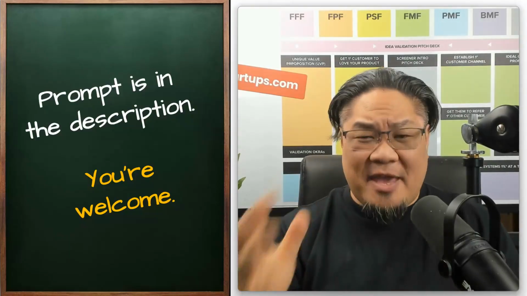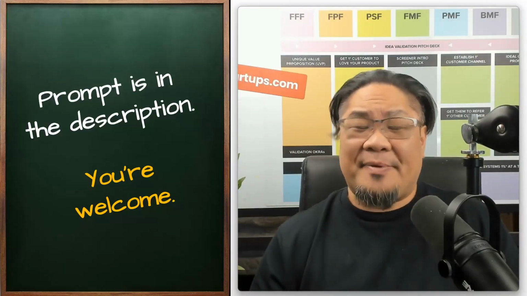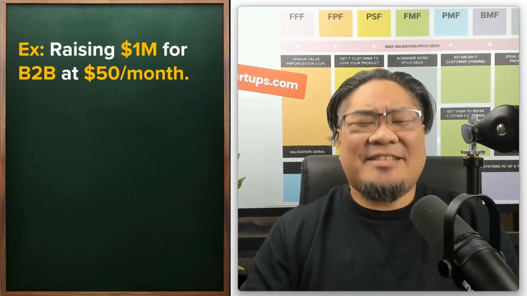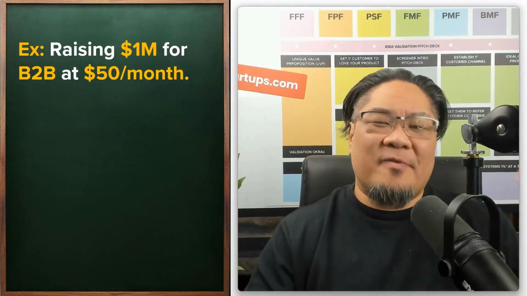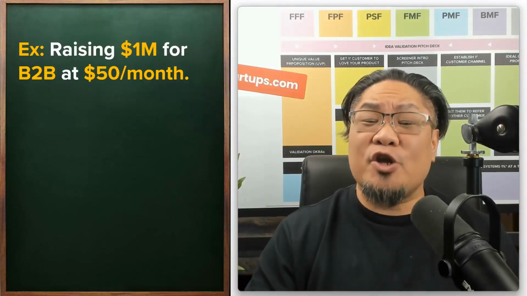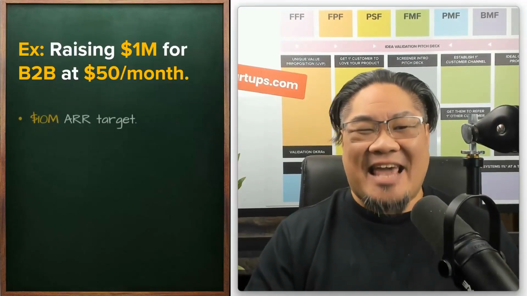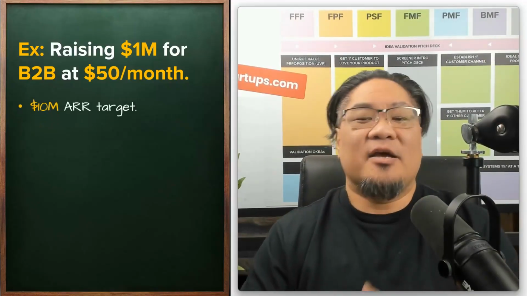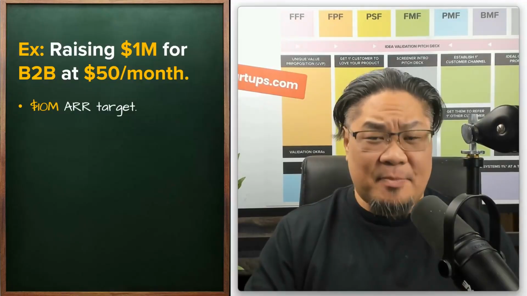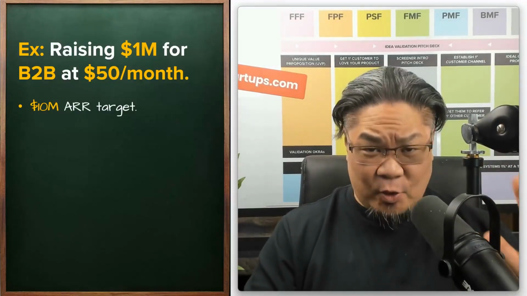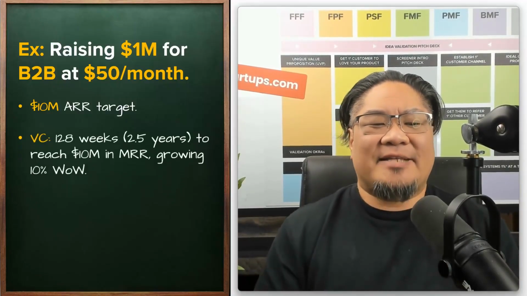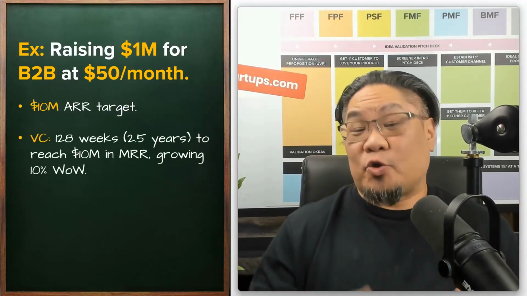You're welcome. I'm giving you the tools, but you can just follow along with me because I've run some scenarios for you right now. Let's say you're raising $1 million and you have a B2B product that's $50 per user per month. You're going to set a $10 million ARR target. So every year you want to be making $10 million, which is 10x the money. Follow my math here. Based on crunching the numbers, for VC funding, it'll take you 128 weeks, or 2.5 years,